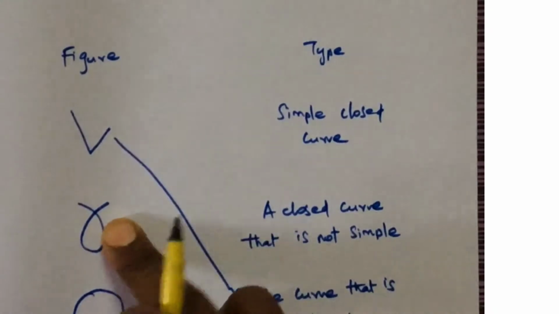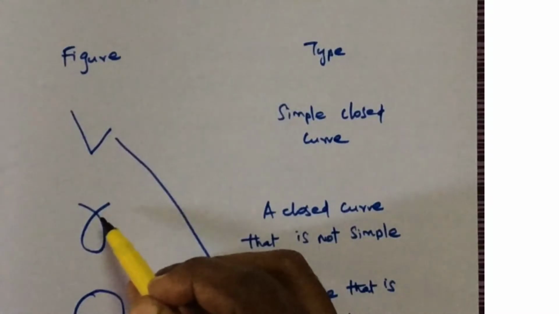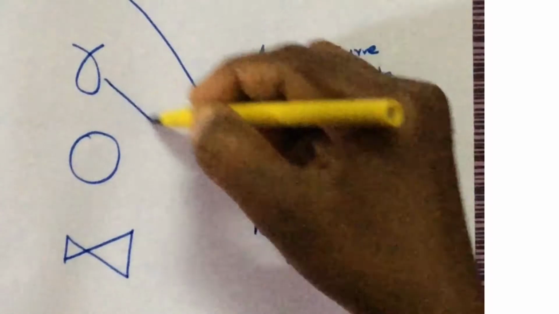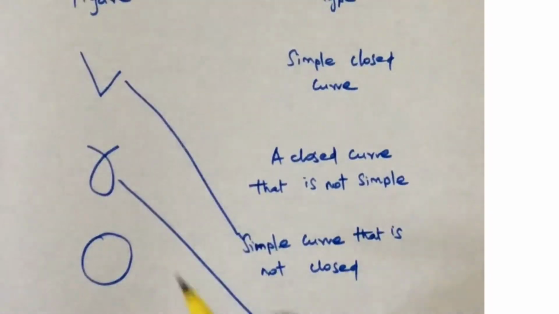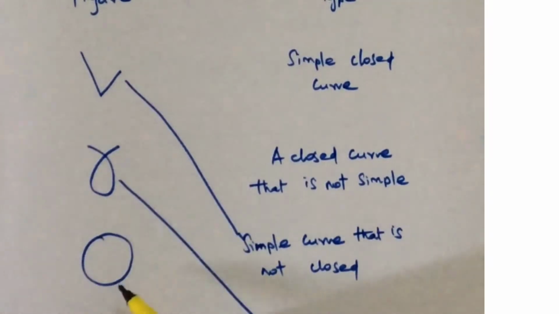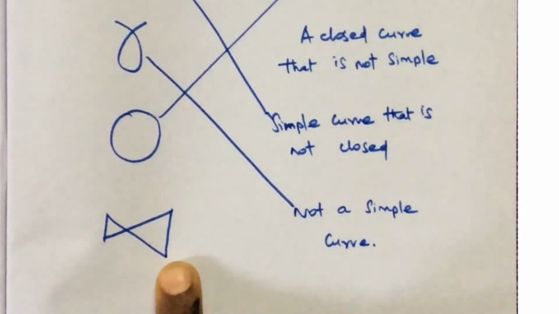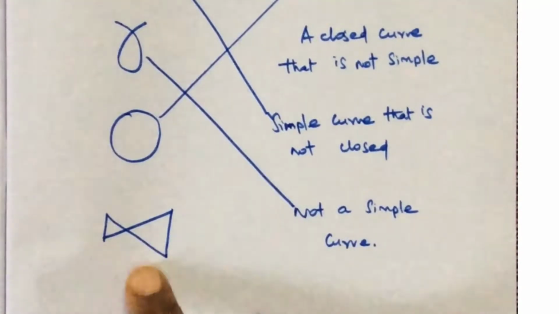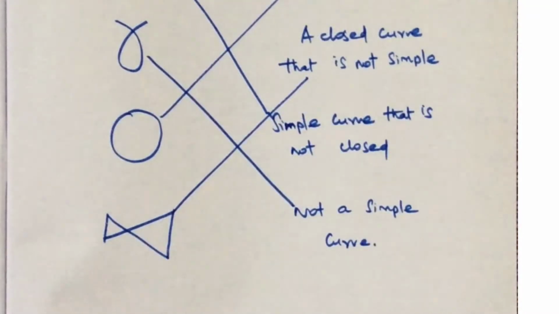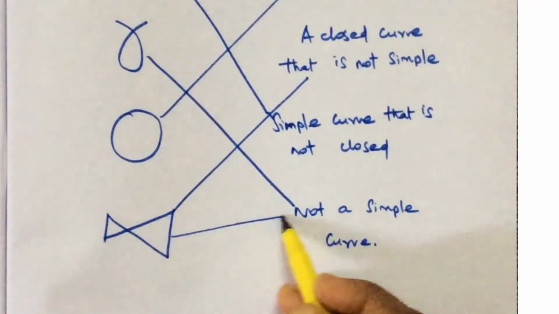The next one is not a simple curve because there is an overlap. First you have to see if there is any overlap; then it is not a simple curve, so it should come here. This is a simple curve and also it is closed. The starting point and the ending point are the same. This is an example of a simple closed curve. If you see here, this is a closed curve, but since there is an overlap here, it is not simple. So they can match to here. Also this is not a simple curve, so this can match here also.